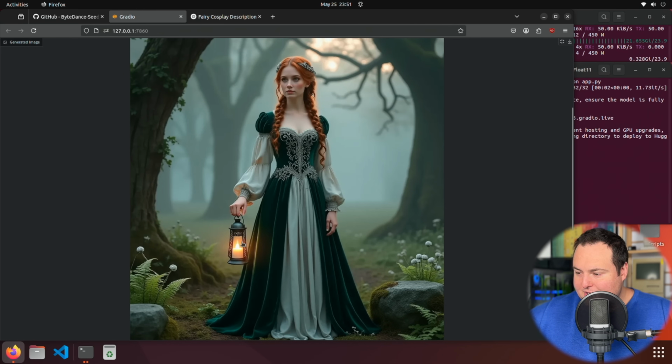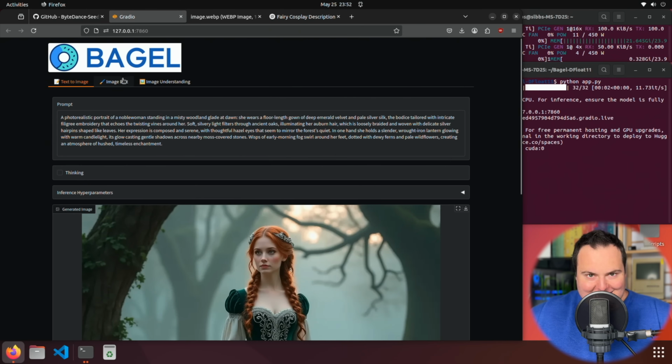The lantern looks good. There does seem to be a nice kind of warm orange glow emanating from the lantern, and the dress flows nicely. The greens and the silvers definitely contrast well against the backdrop of the stark forest. No, I'm kidding. All right, so we're now going to take a look at the image edit capability here, but